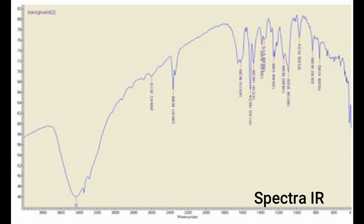From the picture of the FTIR result, it can be seen that there is a peak at wave number 1619, which shows the C=N group, followed by the loss of the primary amine group, which is at a wave number of around 3500 until 3400, followed by the loss of the C=O carbonyl group, which is at wave number